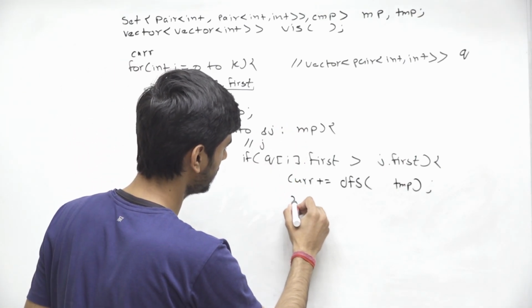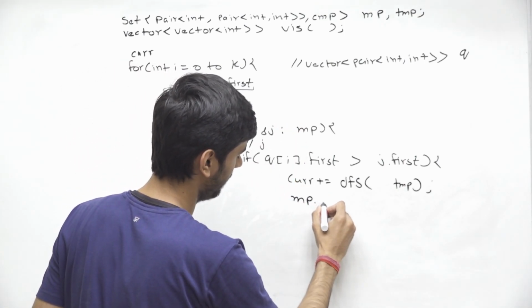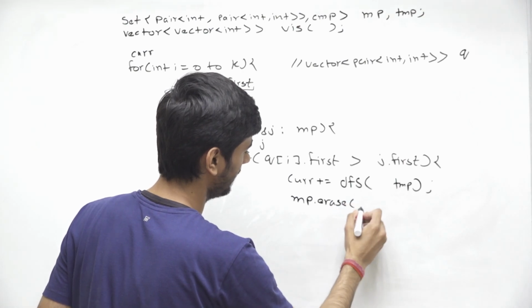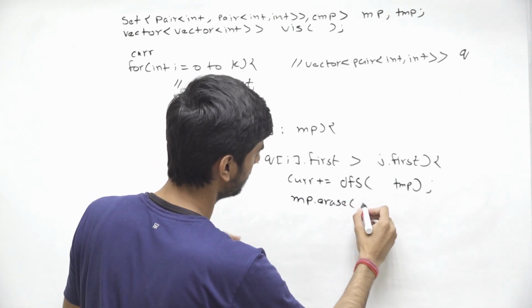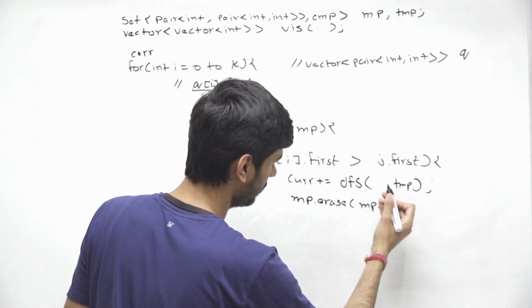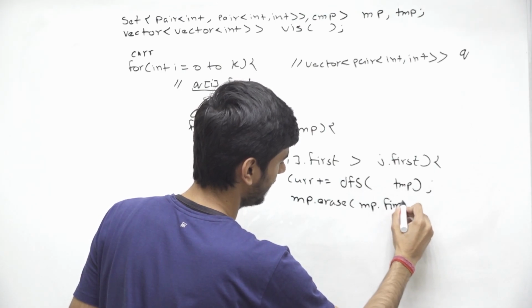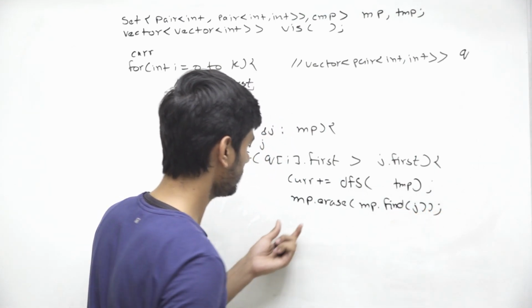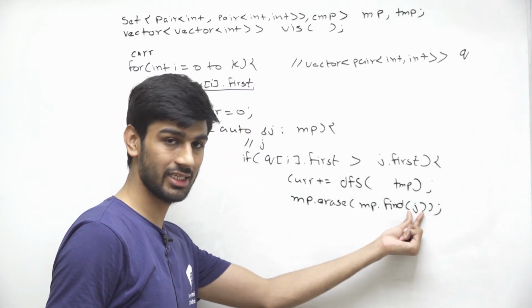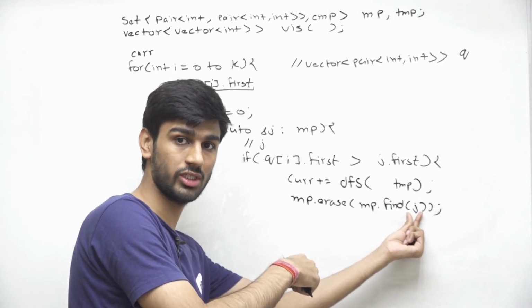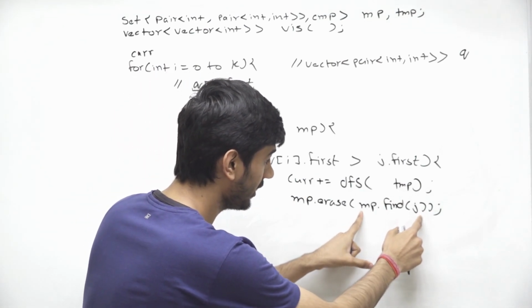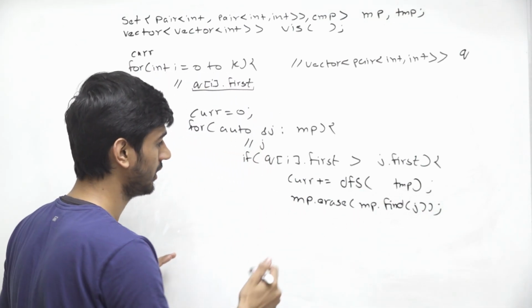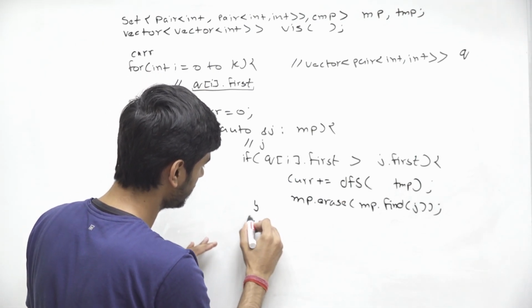So for that, we can use erase. So mp dot erase, and for that we will first have to find out the pointer to this, and that we can do using this mp dot find j. Alright. So this will first find the jth element, and it will return the pointer to the jth element. Then that pointer will be removed from this map. Okay, cool. Now if this condition is not true,